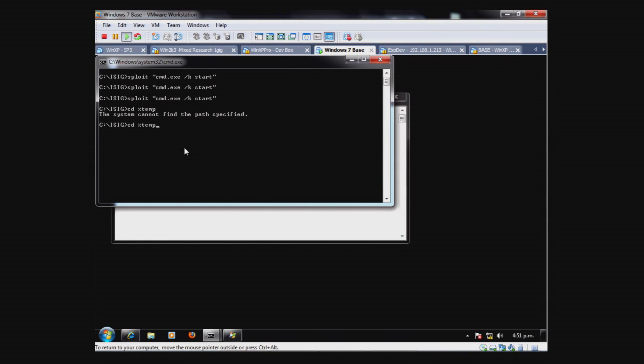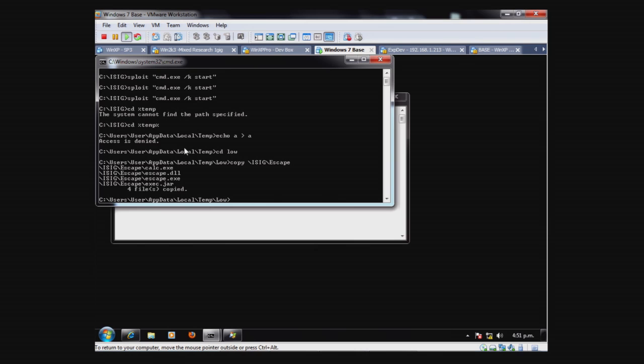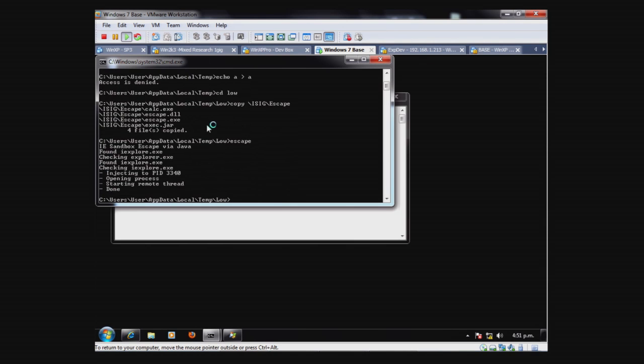Oops. Just to confirm, we can't write to the temp directory. We're going to say we've uploaded, or the attacker has uploaded, their exploit scripts into the low integrity directory, and he's going to run his exploit. It's going to do its thing, and with any luck,